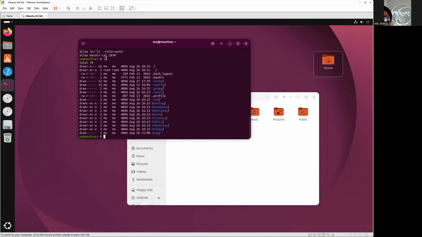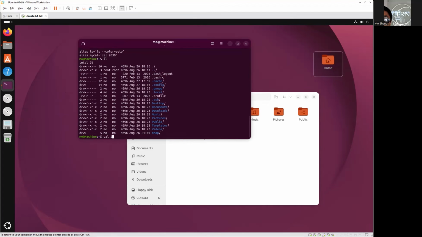Just enter the created alias ll. Of course, you can create an alias too. And in the book, section 2.2.2 Aliases, the example also shows the calendar,